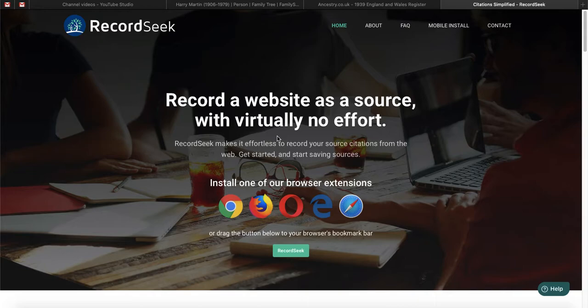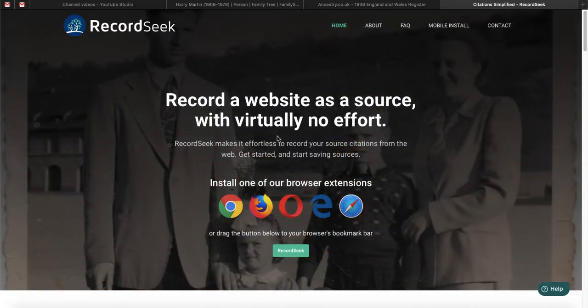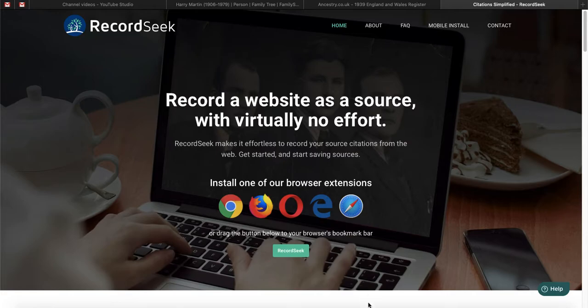For Record Seek, just type it into Google, or just type in the website recordseek.com, and you come up here and you're going to choose your browser. In this case, I'm using Safari. If you use Chrome, which I sometimes use as well,